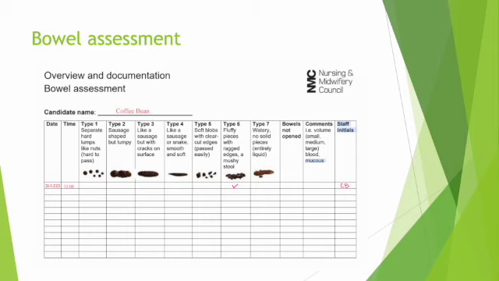This station consists of two parts. The first part is that you will be given a photo of a stool sample and you have to correctly identify which type it belongs to, and then complete the form like this one. And then the next part is to produce a care plan according to the results in your part 1. It can either be diarrhea or constipation. If it's type 1 or type 2, then it means it's constipation, and if it's type 6 or 7, then